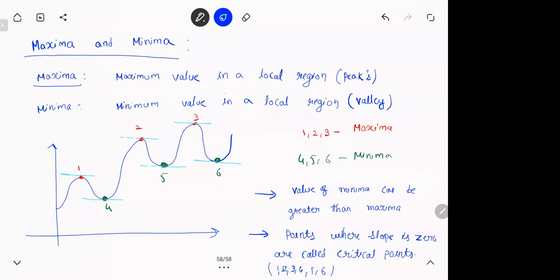Now the thing is, at least in our curriculum, we will assume maximum means maximum and minimum means minimum. At our level, because of the functions we will use, maximum is maximum only, minimum is minimum only. We treat maxima as maximum, minima as minimum, which is not true actually. But for our level, it is sufficient. So let's not worry too much about it.